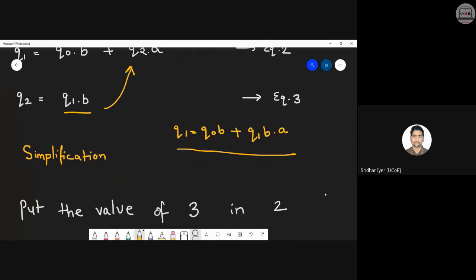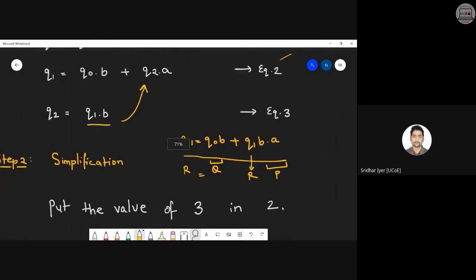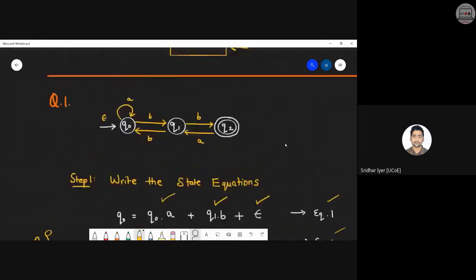For the time being, let's stick with this solution. Later on, you can experiment with your solutions. So basically, can I write it like this? This is R. This entire term is Q. The first term is R, and the remaining term is P. Is it correct? R is equal to Q plus RP. So we got the form, right? So if we get the form, that is R is equal to Q plus RP, we know what to do next.